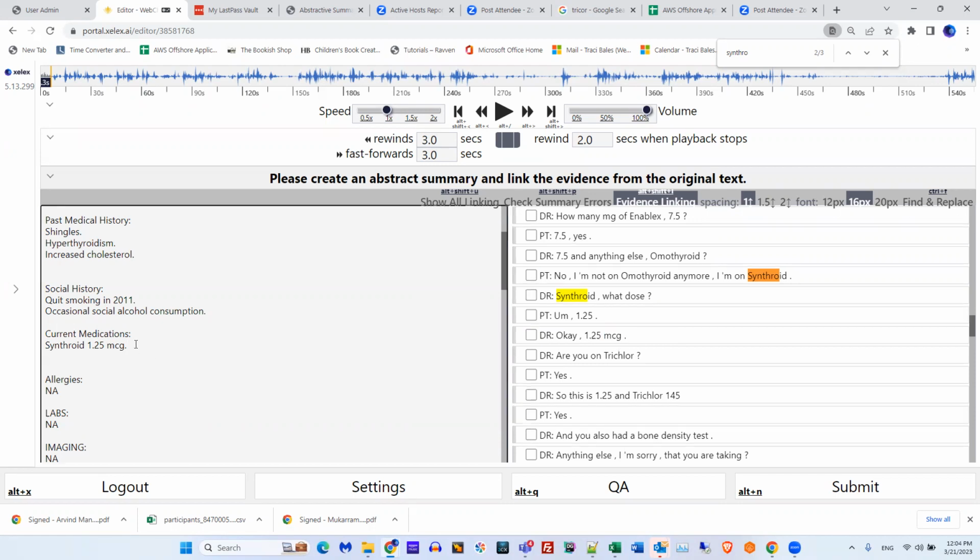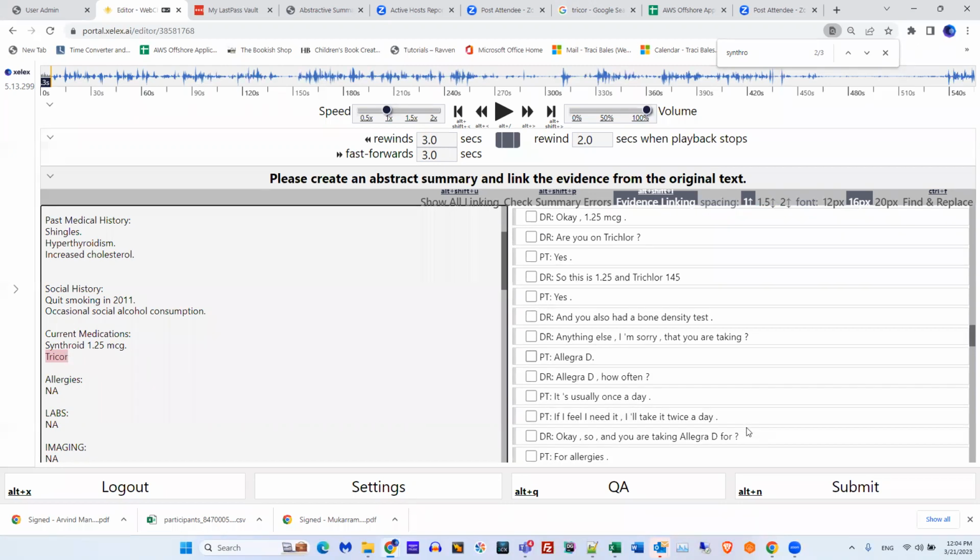Okay, next we see she's on Tricor. It's misspelled over here, but it is Tricor because I looked it up. So if you do have a misspelling, make sure that you correct the spelling. So she's on Tricor 145.